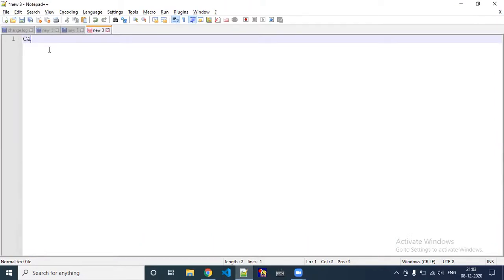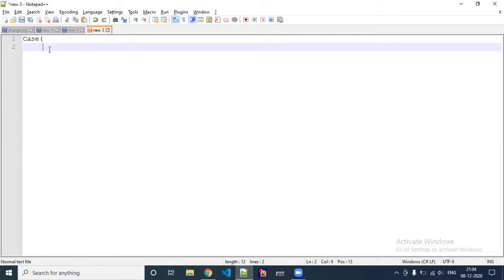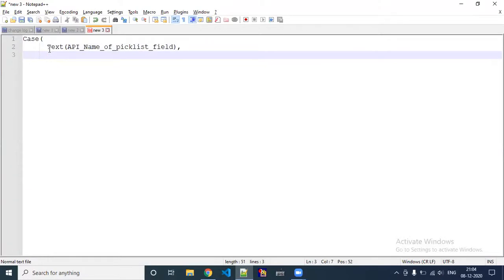For the case function, we can write CASE, bracket, and since it is a picklist field, I'll write TEXT and the API name of the picklist field, and I'll put a comma here. So suppose my picklist field value is very good, and I have to display the number 1 in the formula which I'm creating.